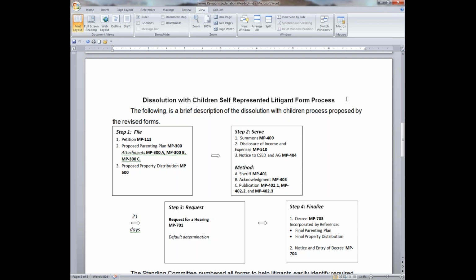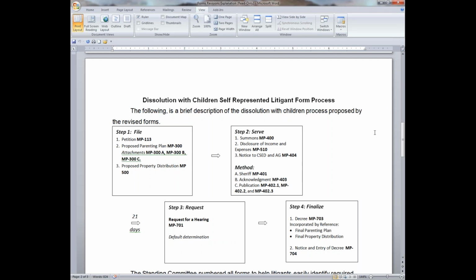Right now, the forms are for pilot use in Gallatin County and Cascade County. And once we've had some people try them and get some feedback, we'll be putting them out for general use. The remaining forms, the dissolution on its own, joint dissolution, and parenting plan on its own, joint parenting